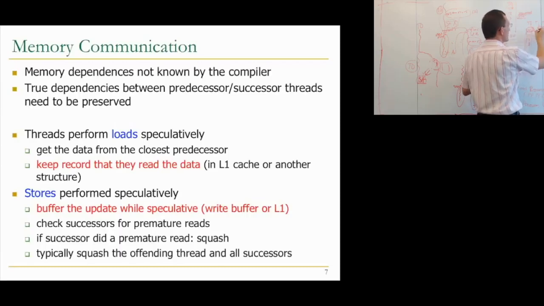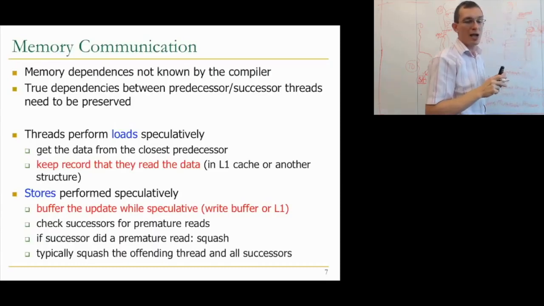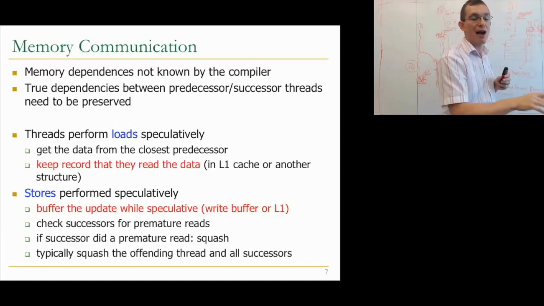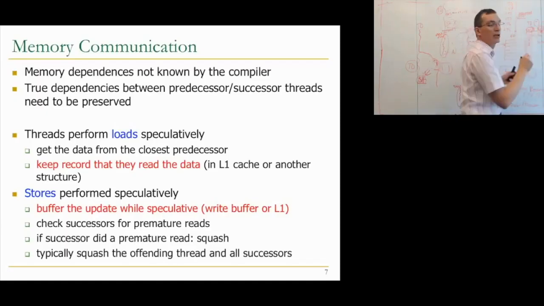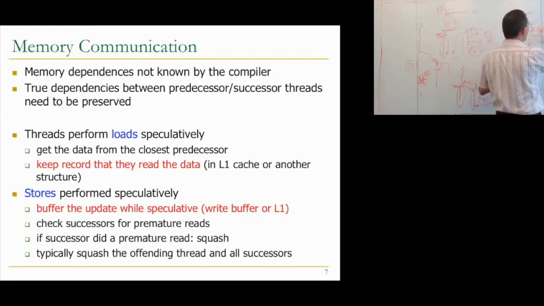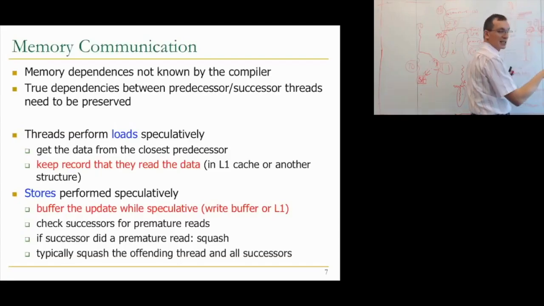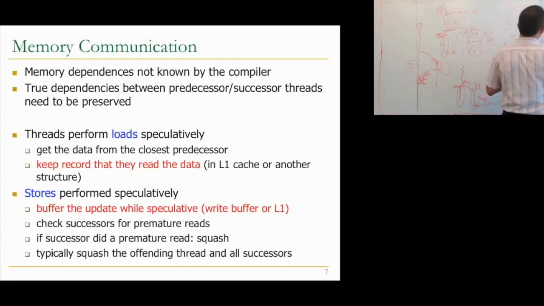This store figures out that a destination load happened earlier, whereas it shouldn't have happened until the store finished. Right? So if the successor did a premature read, it needs to be squashed. Right? Squashing means the thread needs to be restarted,